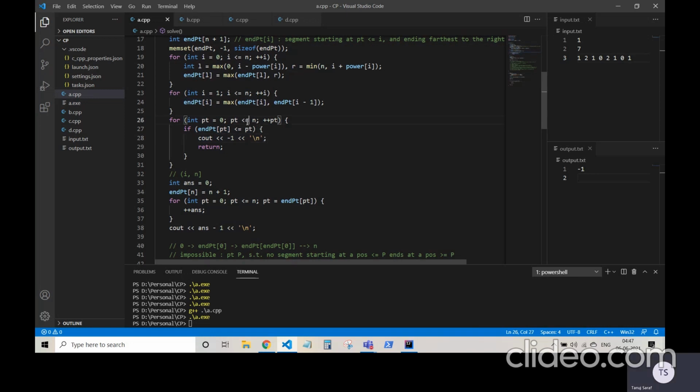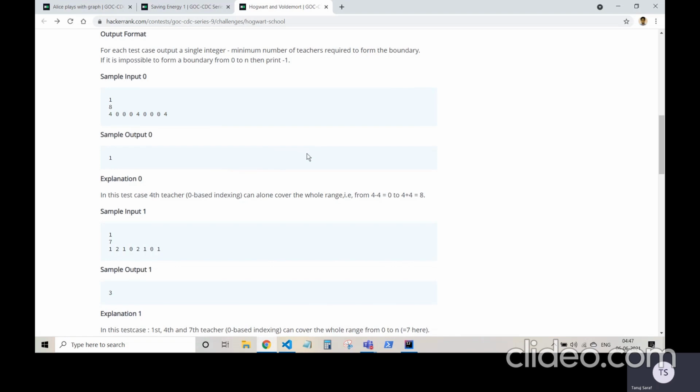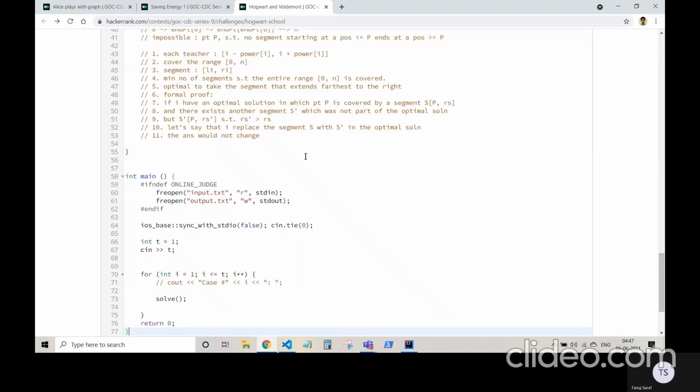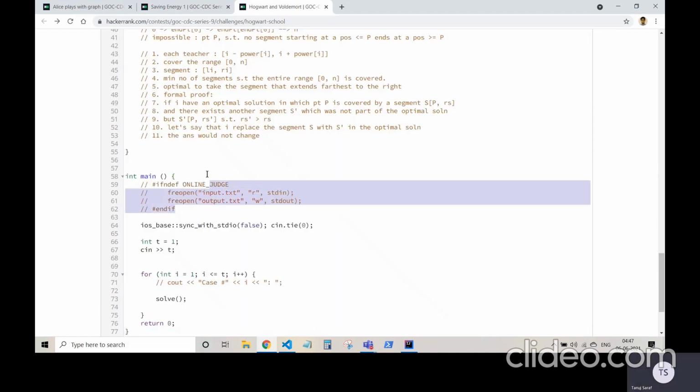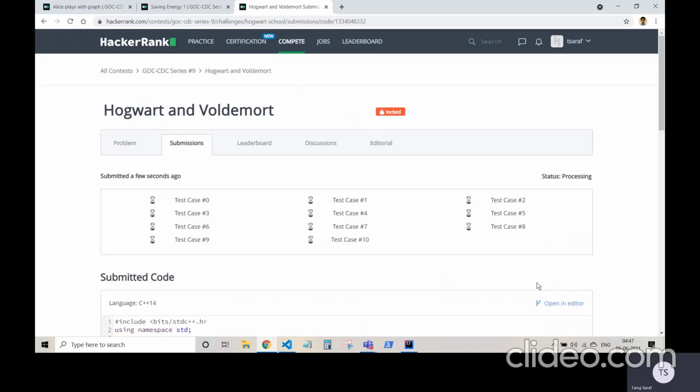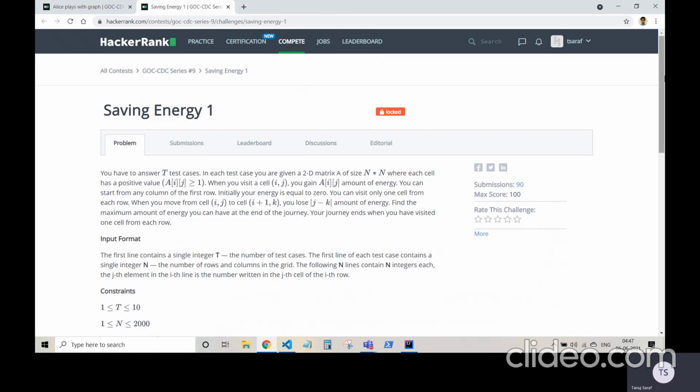right? So it makes sense to make it less than n to check only till that point, and then we have all this condition already over here to account for this inequality. Let's run it on the sample before we submit. 3. Okay. Okay. Fantastic. So this works, and now we are left with the final two questions.